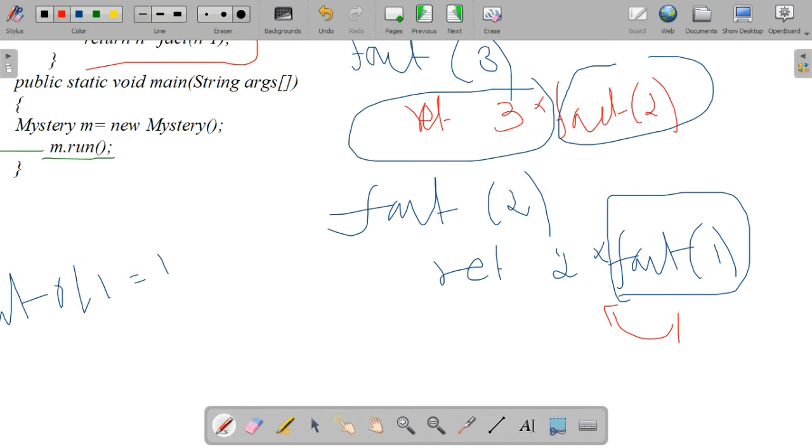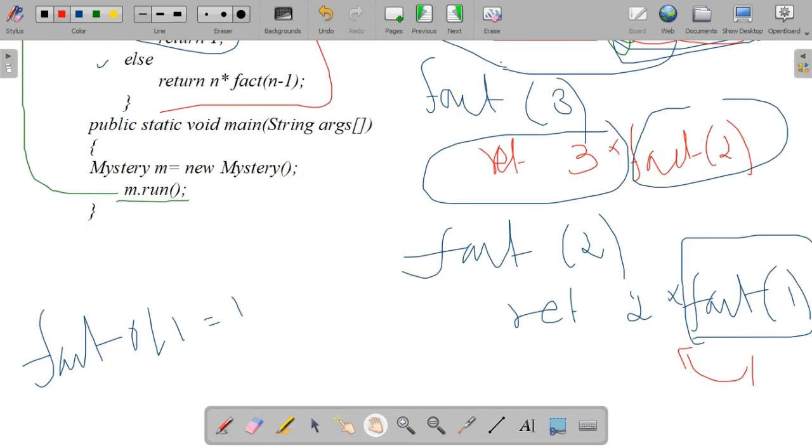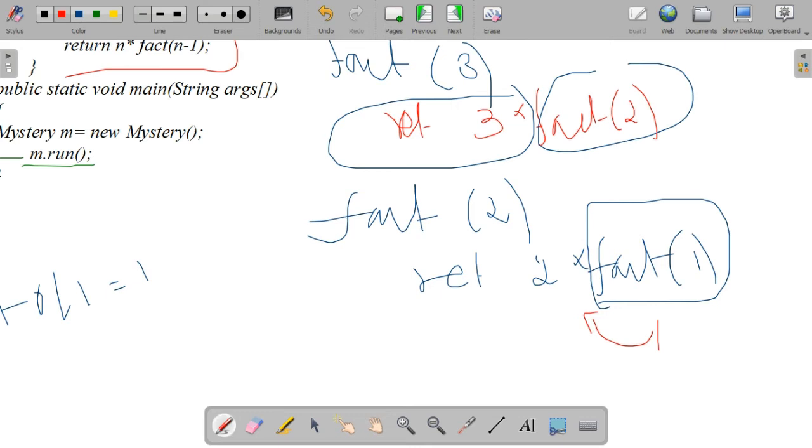That means fact of 1 has given the value 1, because the if condition turns out to be true, and it has returned the value 1. So fact of 1 has finished, isn't it?